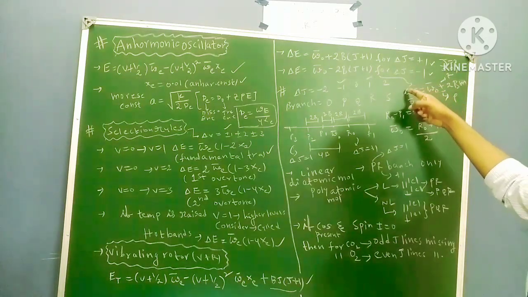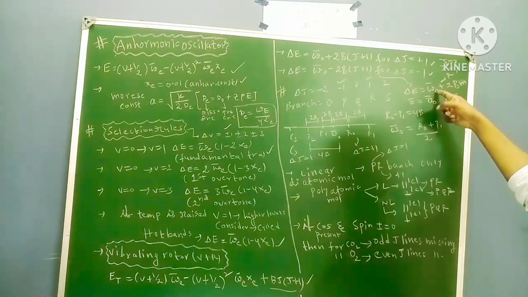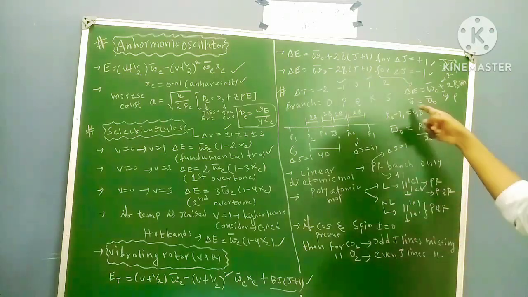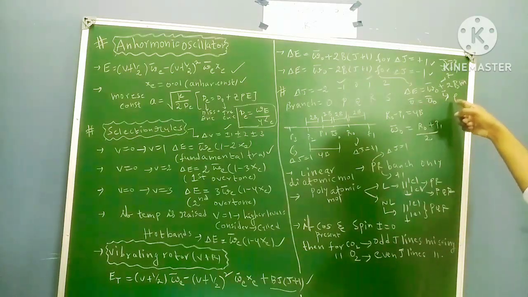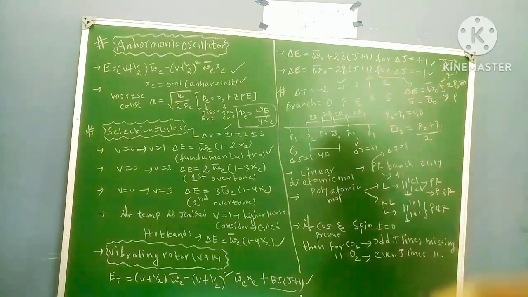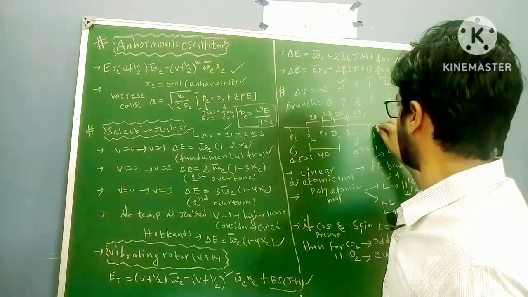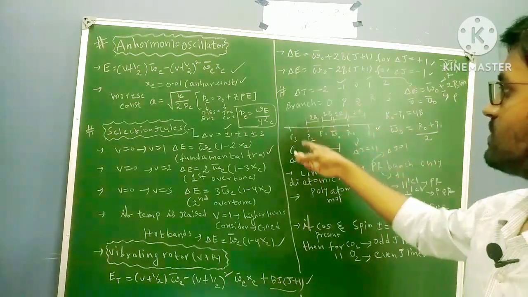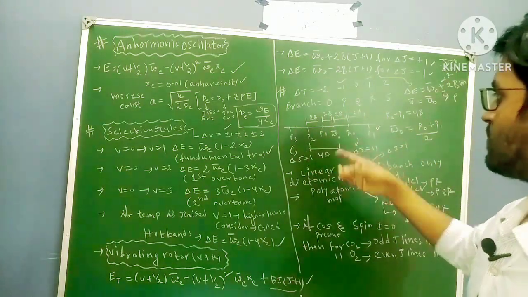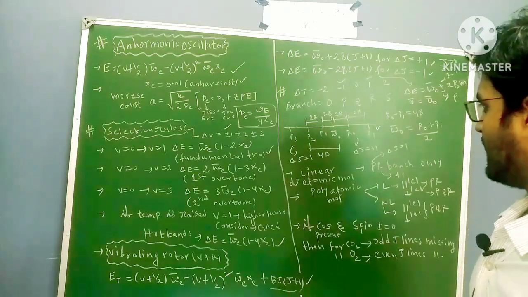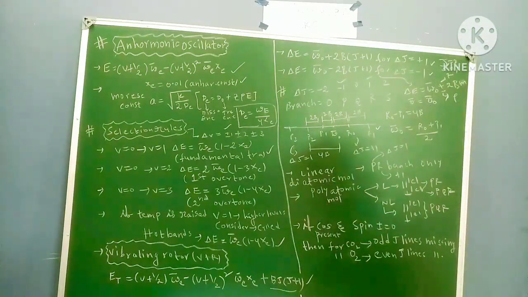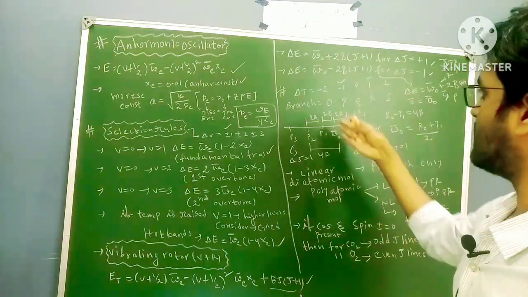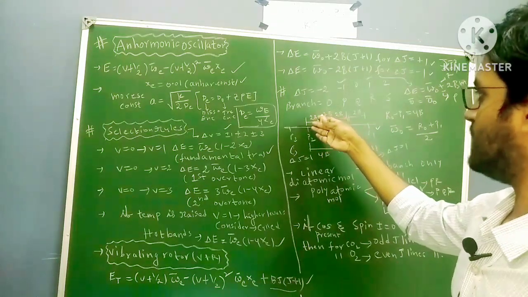Otherwise, in place of delta E, you can write nu bar also. In place of omega naught bar, you can write nu naught bar also according to the given question. So I can write this formula as nu bar equal to nu naught bar plus or minus 2b M. M is nothing but your J plus 1. Okay, so this diagram, I hope you people already have in your notes. I don't need to explain. Okay, again. So here, if you observe, the important thing is, yes, here R branches are there, here P branches are there. The spacing between adjacent levels is 2b, right?